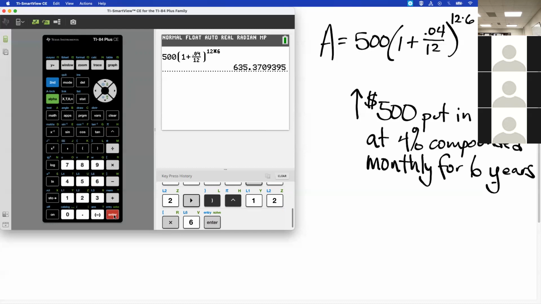Now, there are other ways you can do it. If you're using your little scientific calculator, is anybody using theirs? Okay. So if you're using your scientific calculator, the way you'd want to type it in would be similar. You would do 1 plus 0.04 divided by 12, and then when you hit the power button on your scientific calculator,